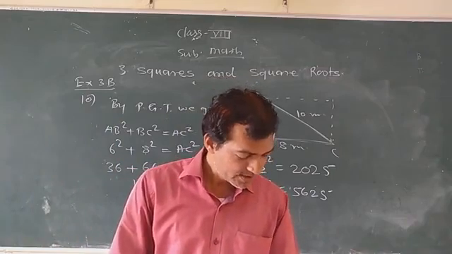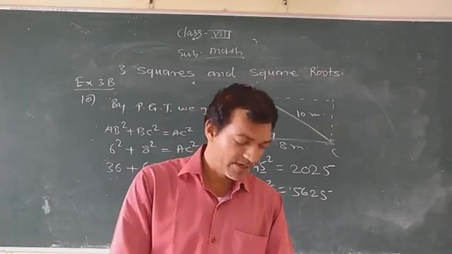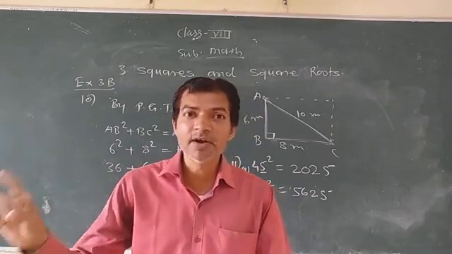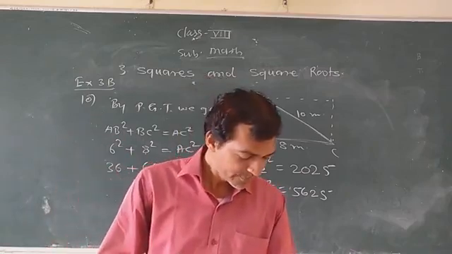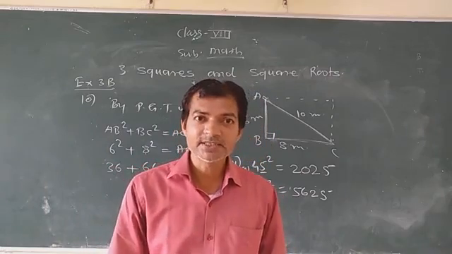Okay. Second one, last digit 0. 0 is an even number. So this is the square of an even number. Third one, 529. 9 is an odd number. So this 529 is the square of an odd number. The fourth is the square of an even number. Okay. Can you write like this?